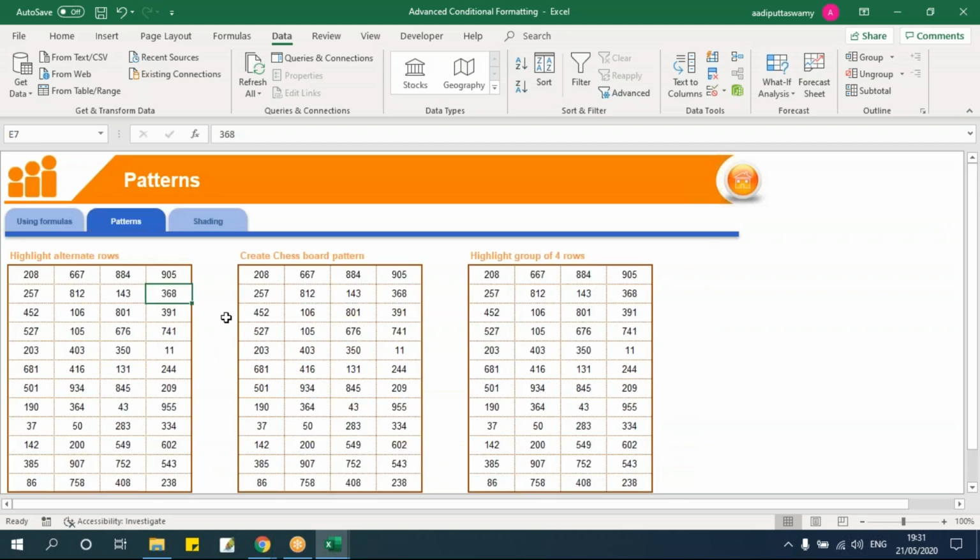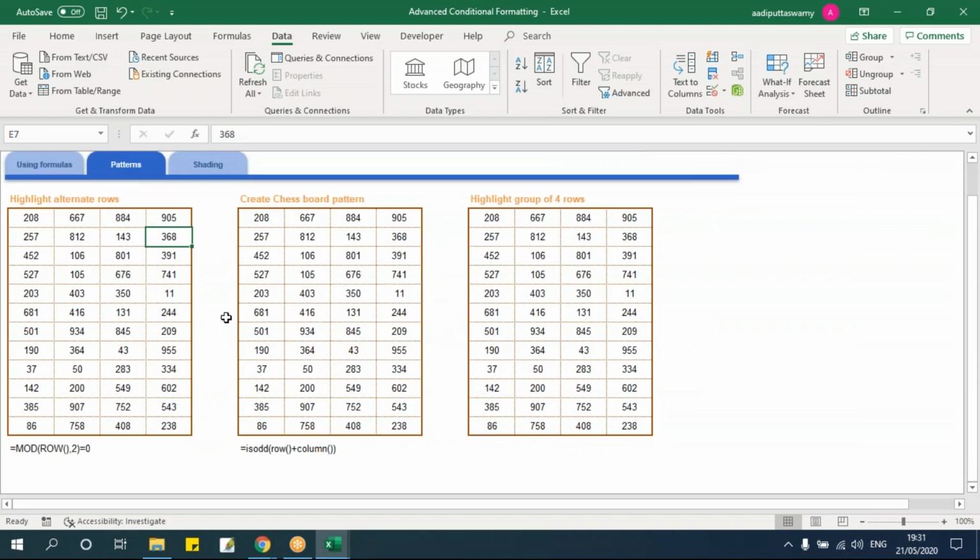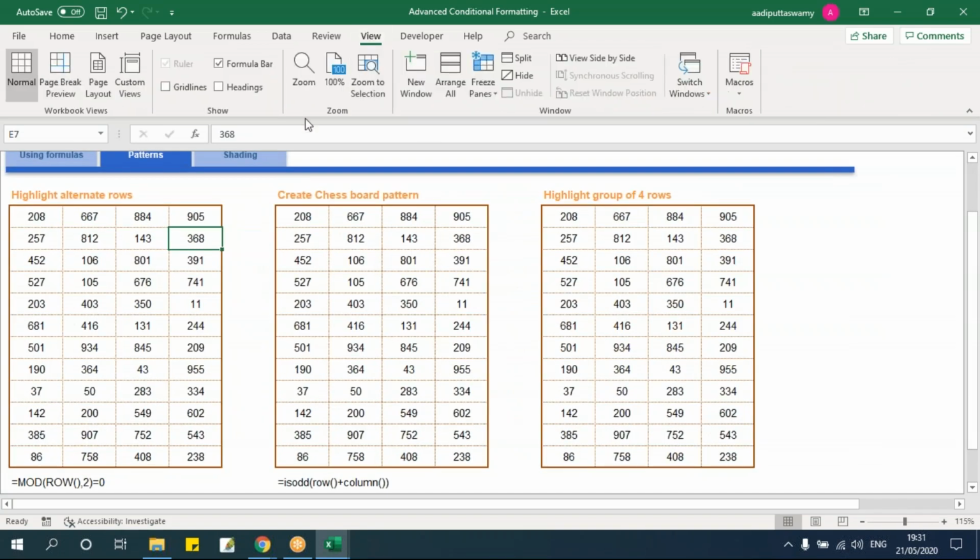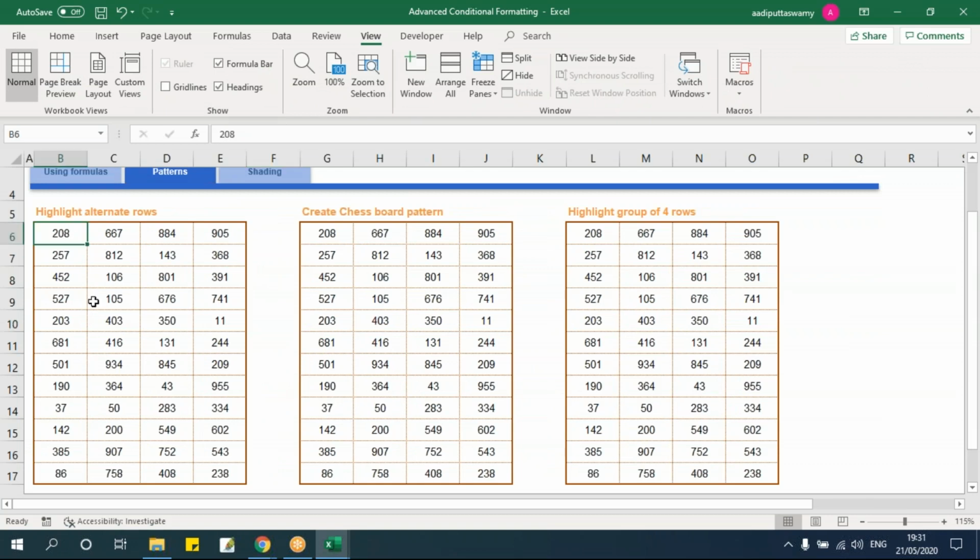Here, I have a table here. Let me just take this headings. Here it says, I want to highlight all the alternative rows. Alternative rows in the sense, this row has to be shaded, then again this row should not be shaded, again this row should be shaded, and likewise. So what I'll do is, let me select this